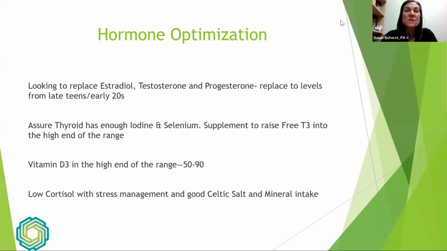It's important to assure that thyroid is also well regulated and that you have enough iodine and selenium to help that thyroid make its own thyroid hormone. Iodine and selenium are utilized to convert T4, inactive T4, into usable T3. There's a whole other thyroid webinar if you're interested in getting into more depth there. And iodine is actually used to make the hormones themselves.